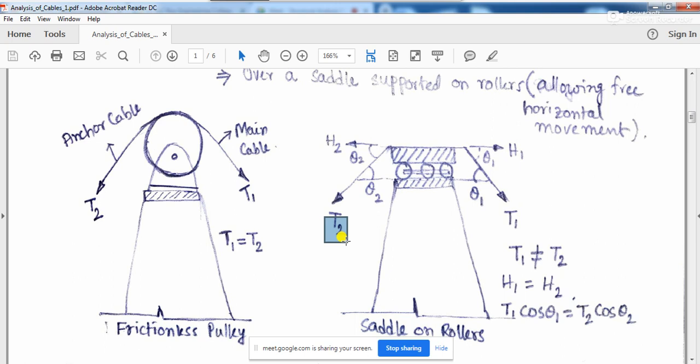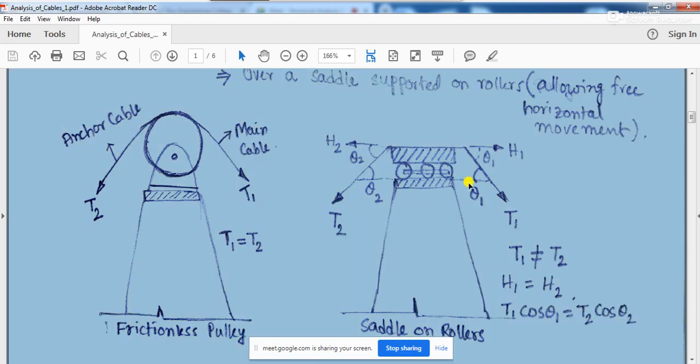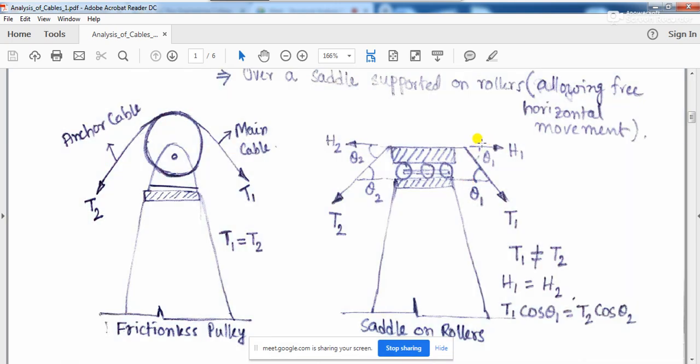Instead, what will happen? This H1, that is the horizontal component of this tension force, will be equal to the horizontal component of